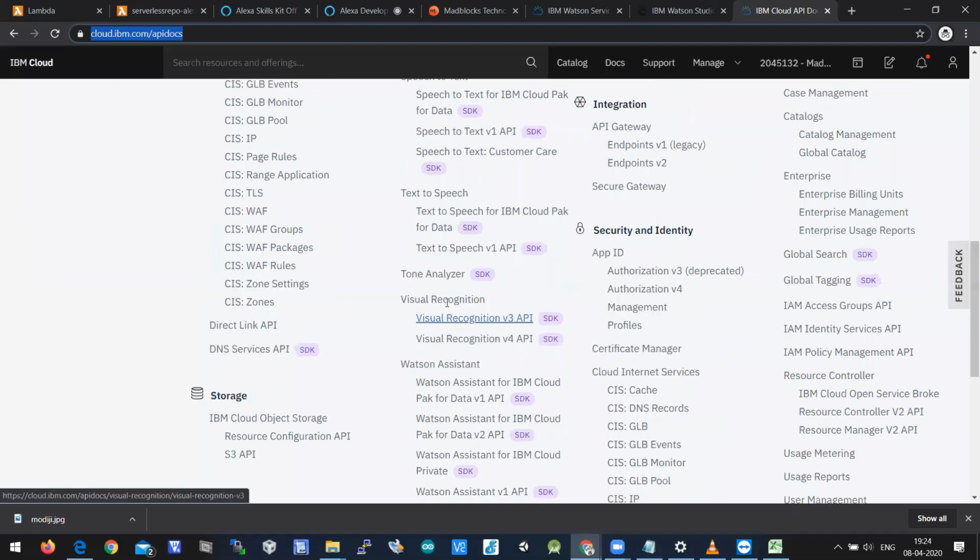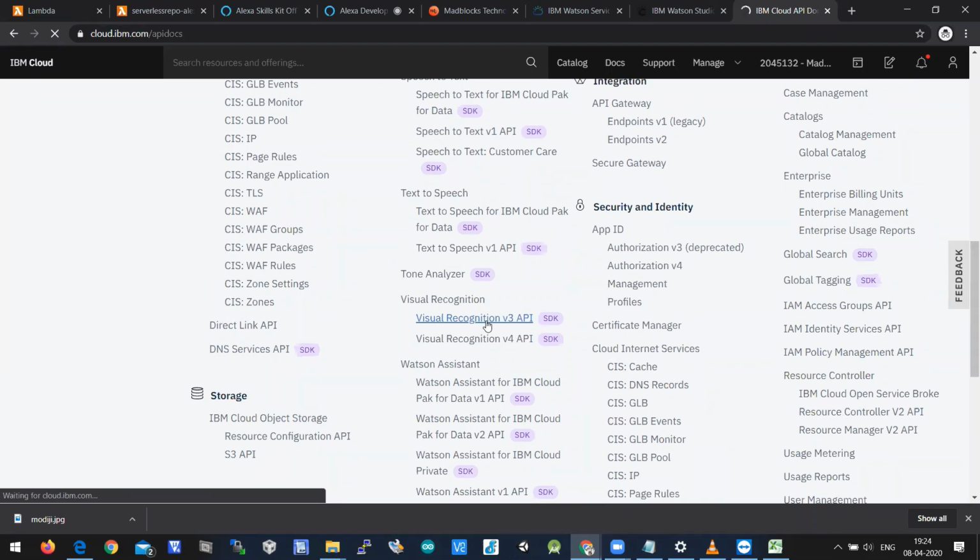There are two APIs available in visual recognition, V3 and V4. We have used V3. You can use V3 or V4, it's up to you. In V4 you'll have a lot more features when you compare with V3. Every feature has been described in the API docs, so you can go through it.